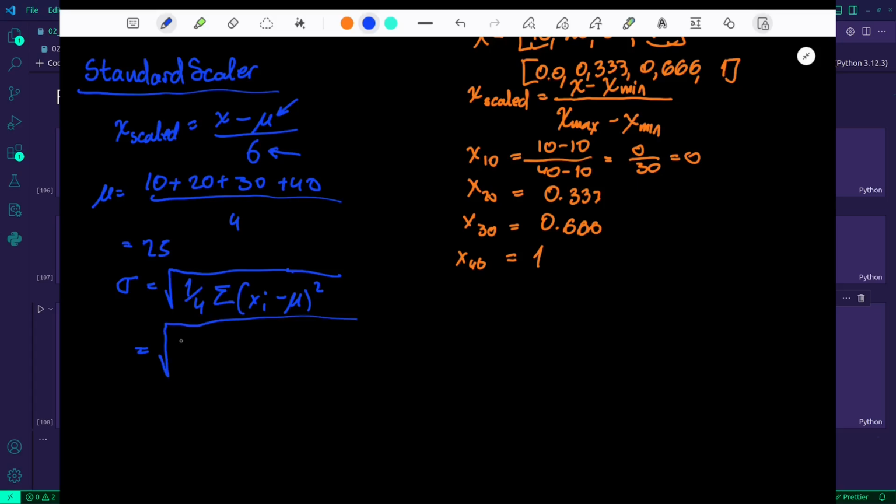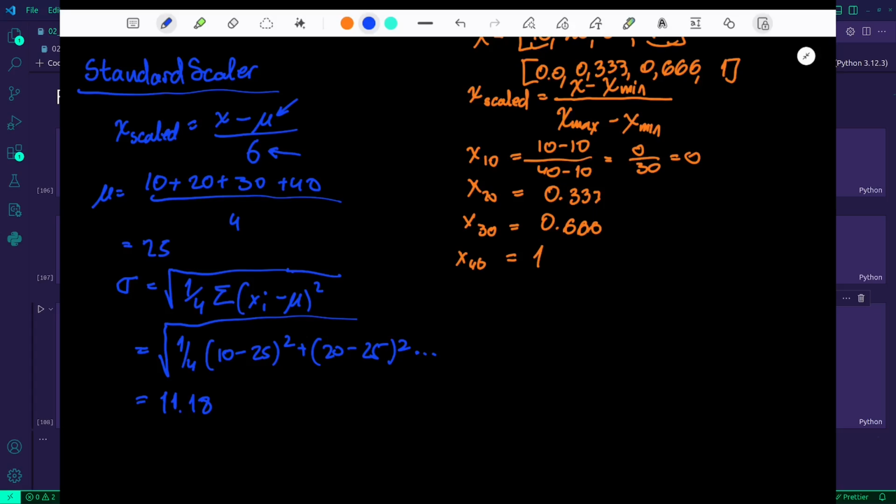So we have 1/4 times 10 minus 25 squared plus 20 minus 25 squared, and so on, and this value would be around 11.18.